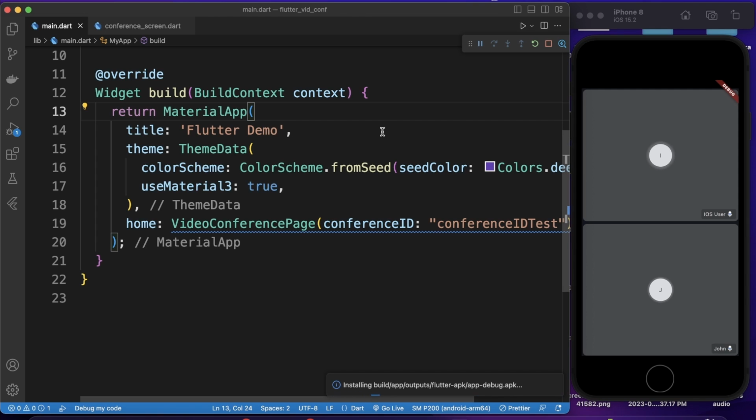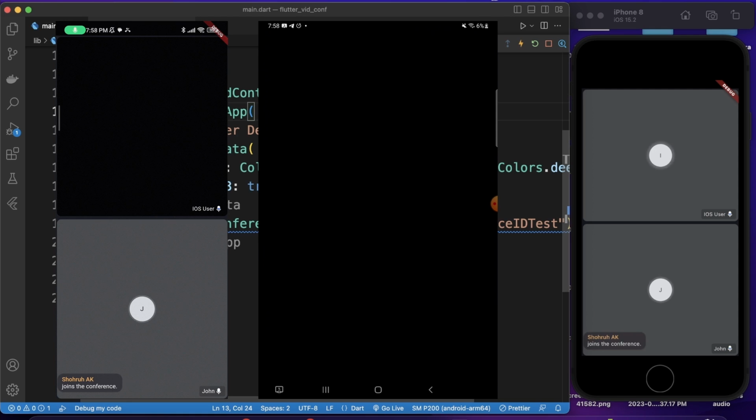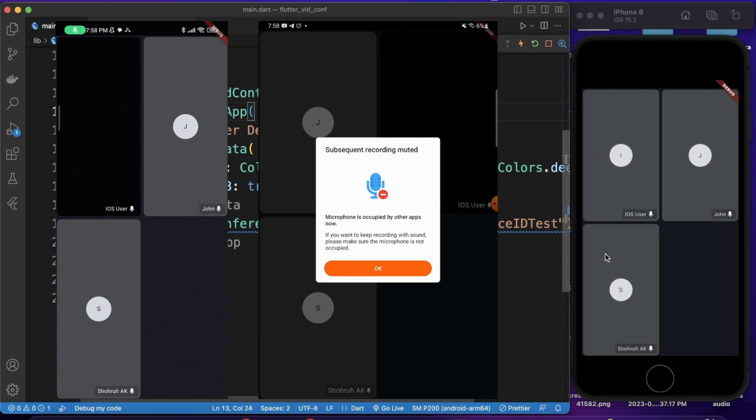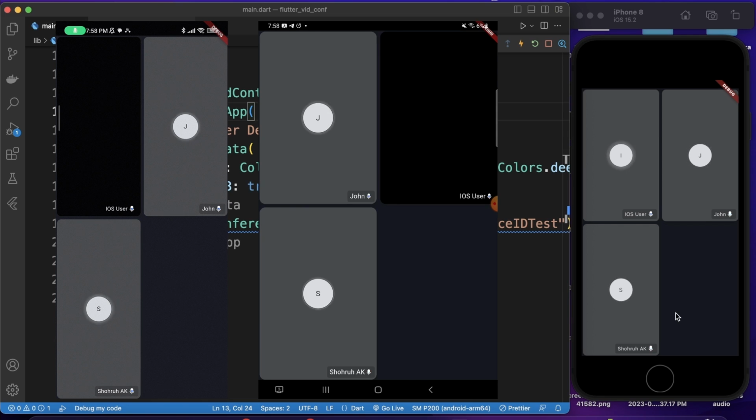Okay, now I should almost be in the conference room. Just a second, we should get a notification on both devices. As you can see, I got a notification. Now there are 3 people. And you can actually hear that. Okay, now you can see that. Now I'll show you the camera as well. All right,